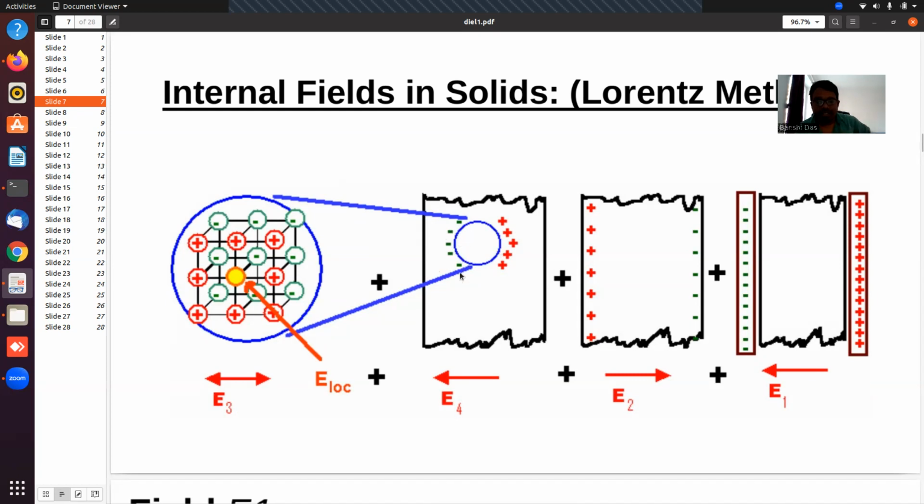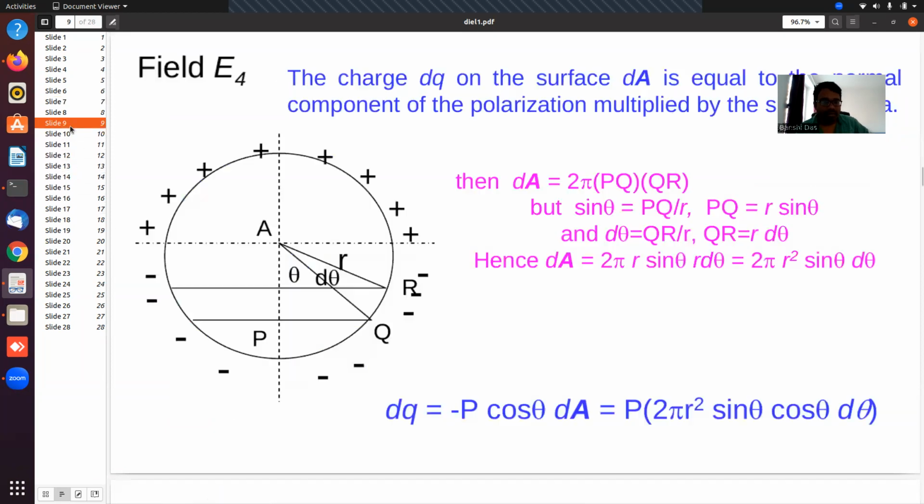how did Lorentz think about it? Lorentz thought of it as homogeneous. We can think of it as a sphere, and in the sphere one side is positively induced and the other side is negatively induced. So this is the sphere, one side positively induced, one side negatively induced. Okay, so if the polarization is P,